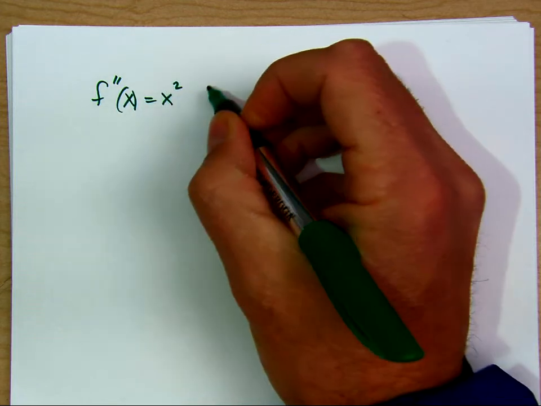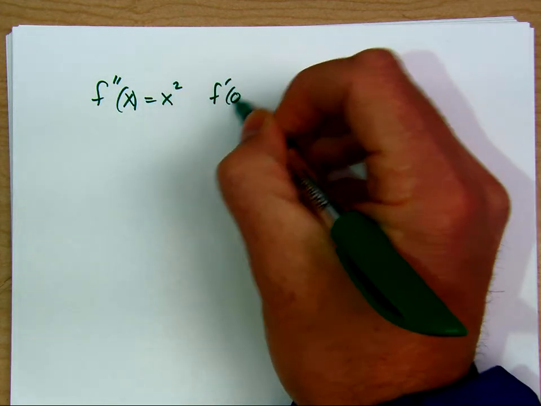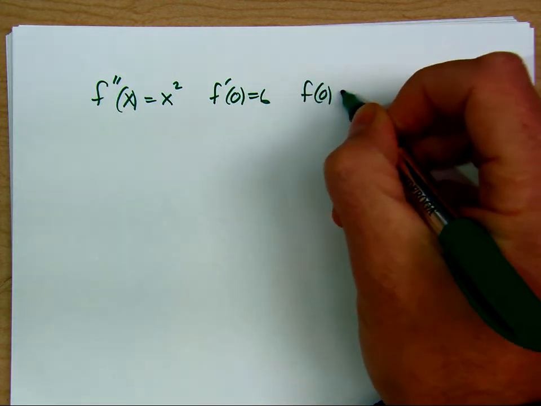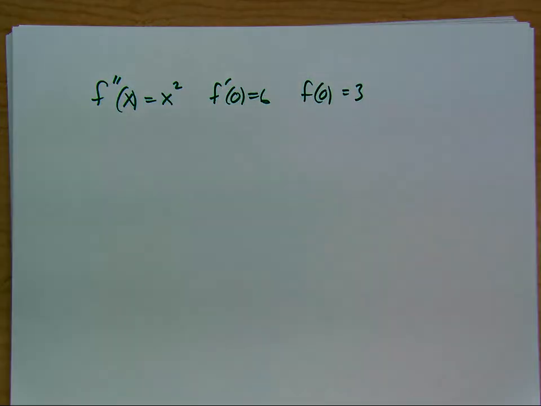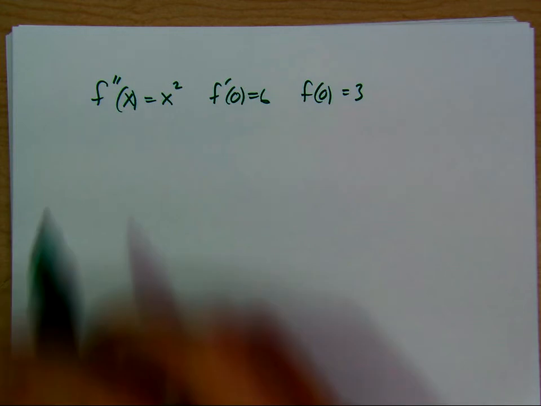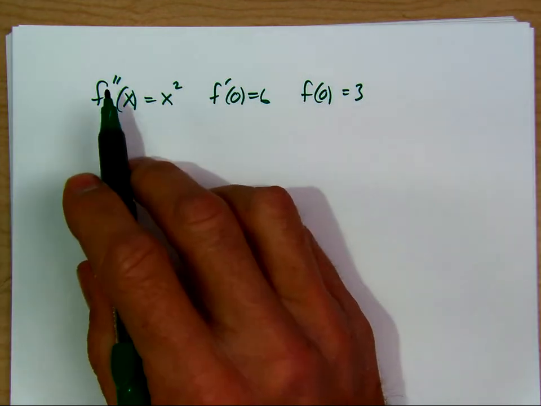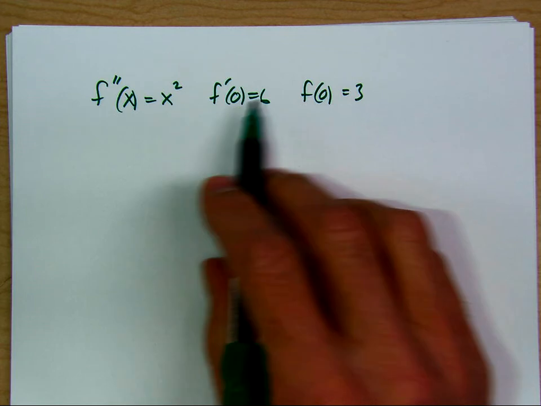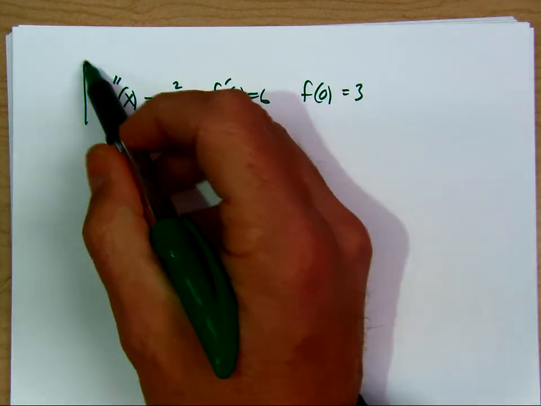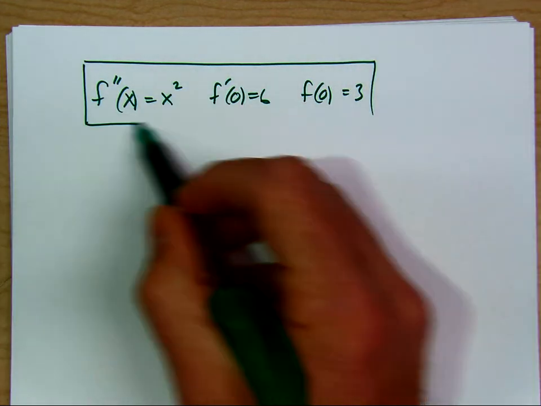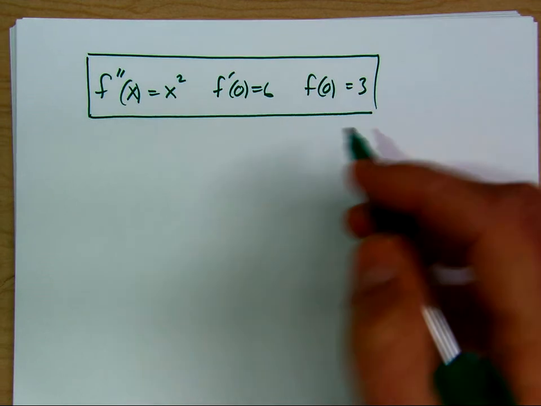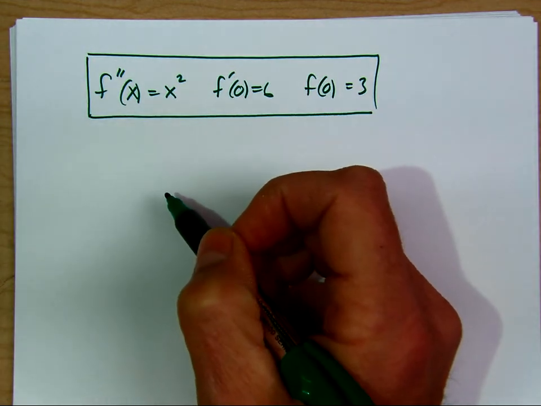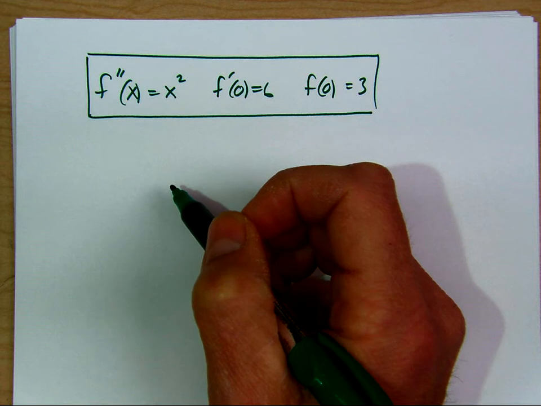Here we have to have two initial conditions because we have the second derivative, and so we have to do the antiderivative here, solve for c, and then do the antiderivative again and solve for c. So if we want to solve the differential equation, we can start with just saying